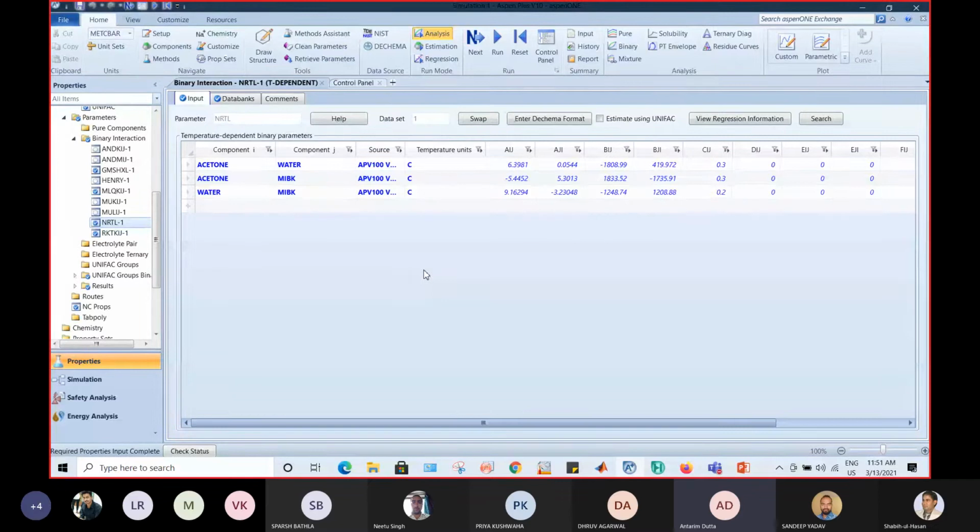If we have no idea regarding ideality or non-ideality, we should select models which are able to predict non-ideal behaviors which may be present in my model. So for now, I have selected this NRTL model.